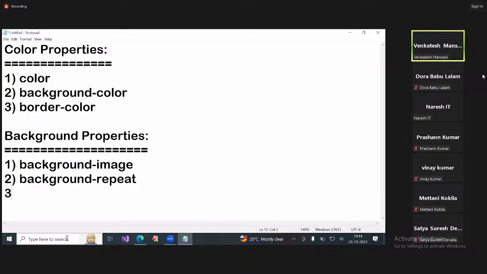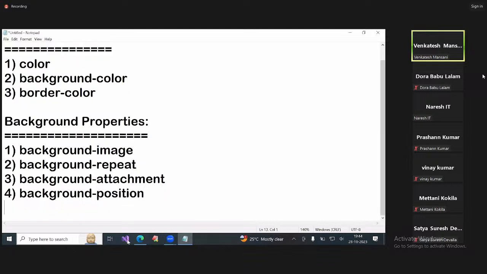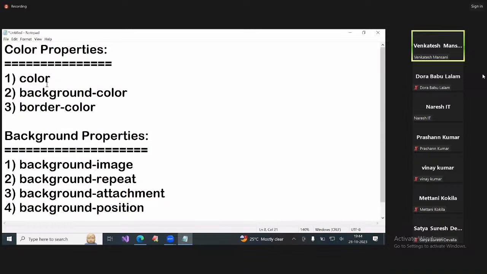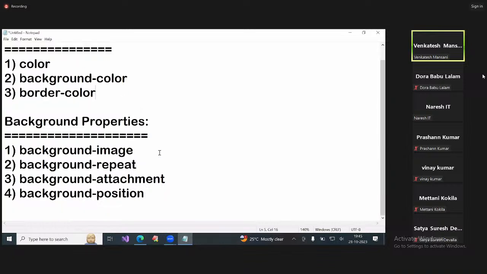Next, background attachment. Next, background position. Okay. This background color also comes under background properties, and it comes under color properties also. It comes under border properties also, and under color properties also. Okay. See,